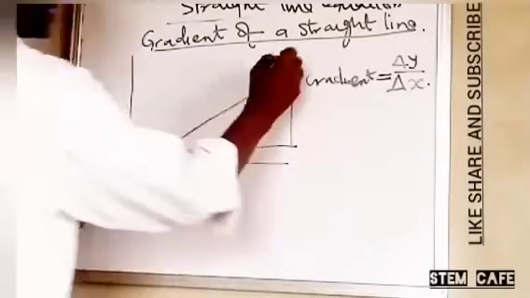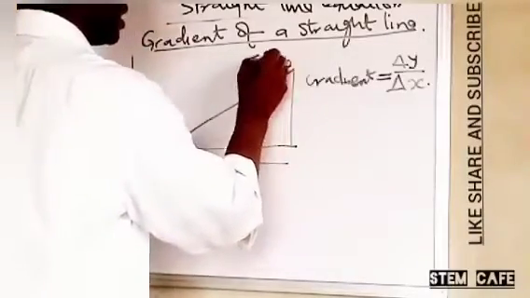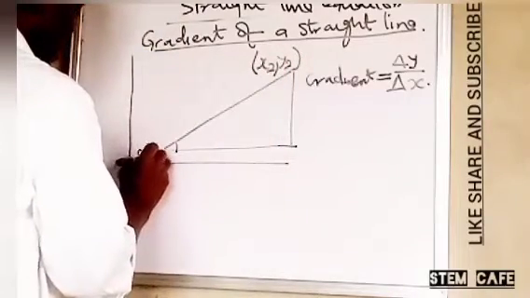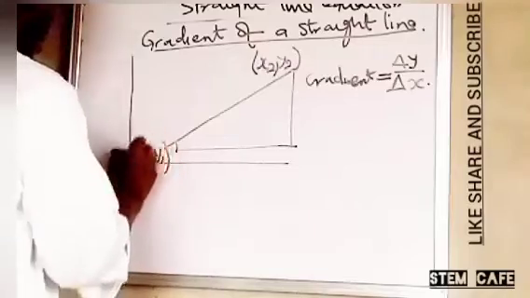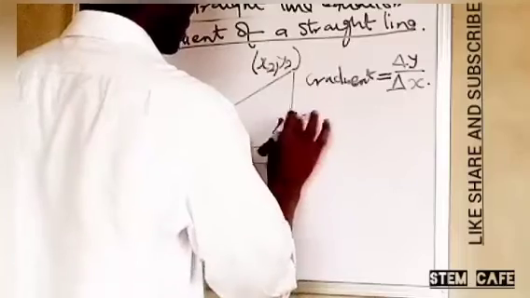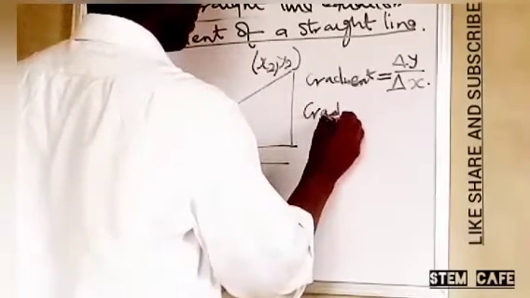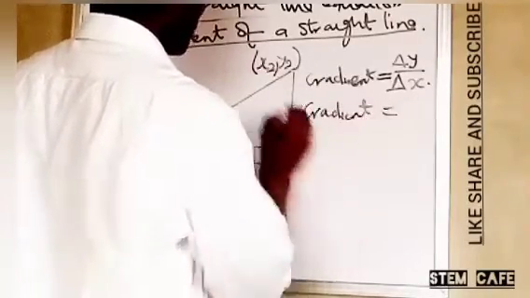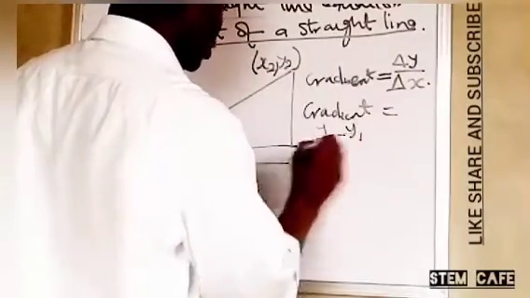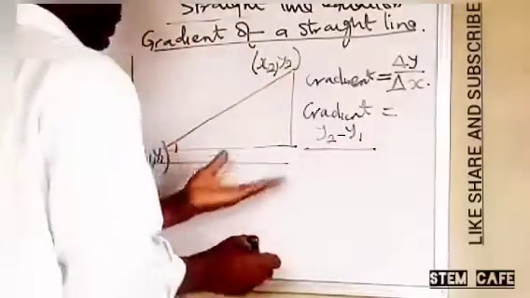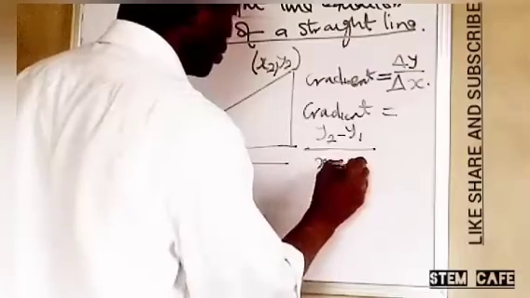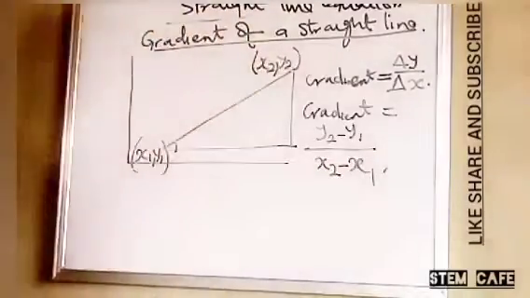So if we have this place as x2, y2, and this place as x1, y1, the gradient of this straight line will be equal to, because change in y is y2 minus y1. So what is the corresponding change in x or the horizontal? It is x2 minus x1. So for a straight line,